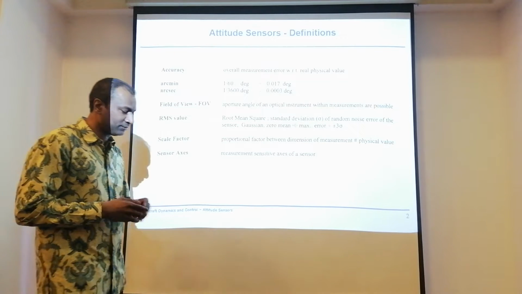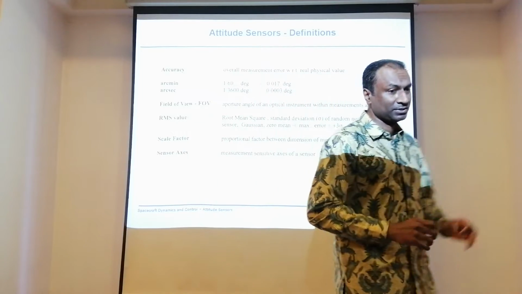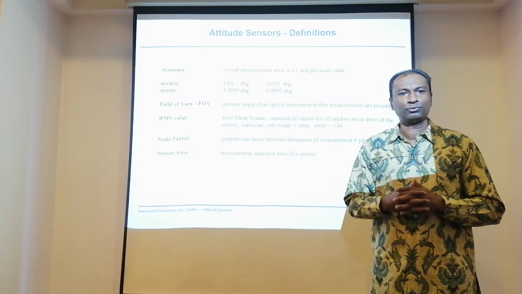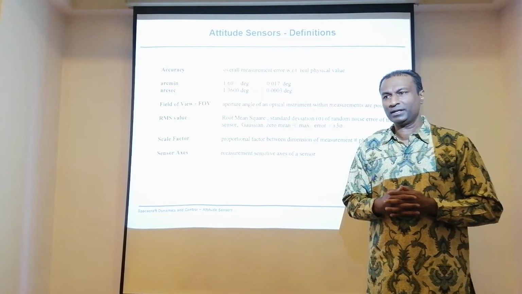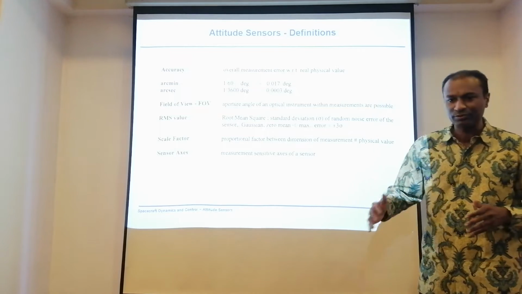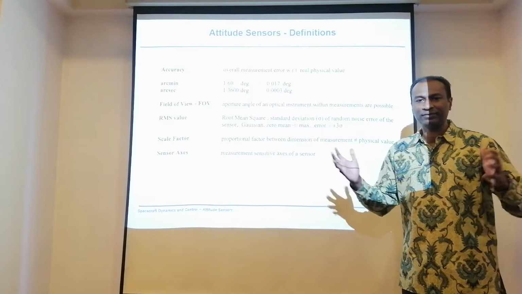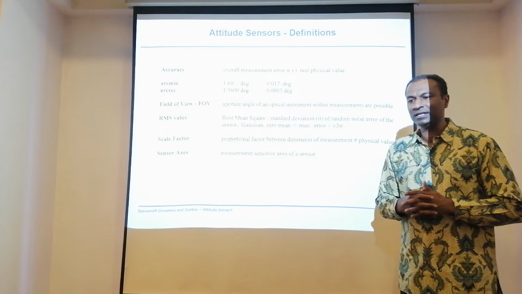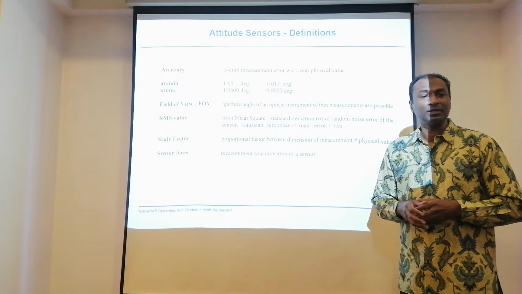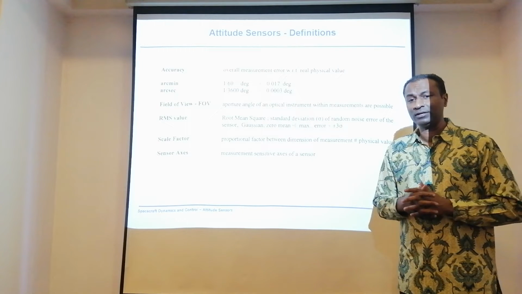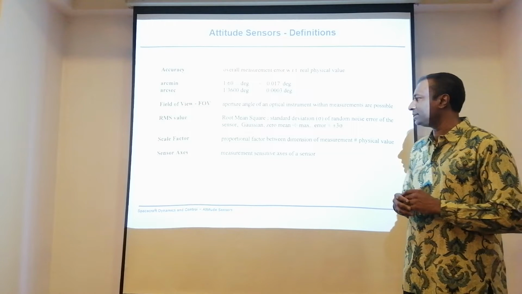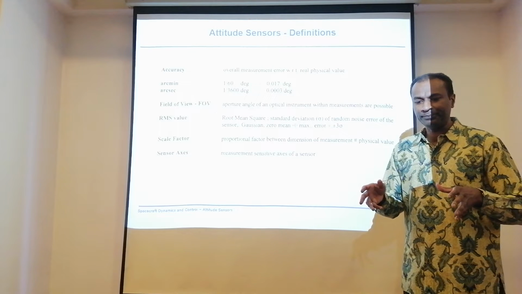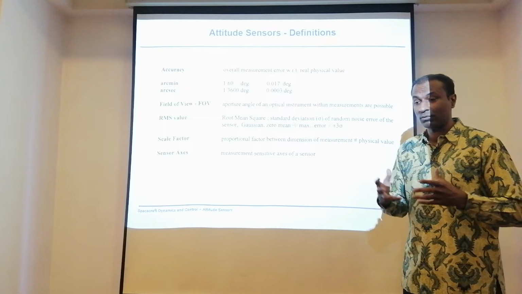RMS, root mean square, is important if you do navigation. When you look at navigation, especially when you do estimation, there's always a probability that we want to cover. Technically speaking, we use sigma. When you do a curve, you do measurements, then you have a list of measurements, and you take the most probable measurement. So we use statistics. Sometimes in navigation we also use a Monte Carlo approach to estimate the actual value. Scale factors are normally used, especially when you have a physical system, hardware.